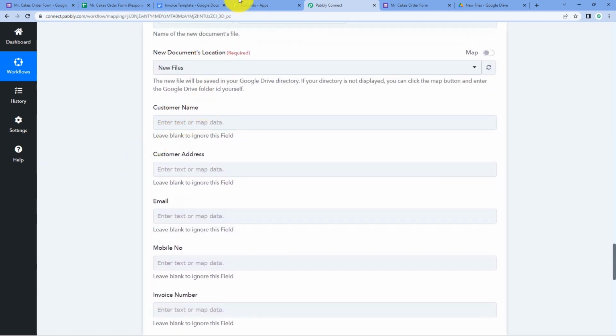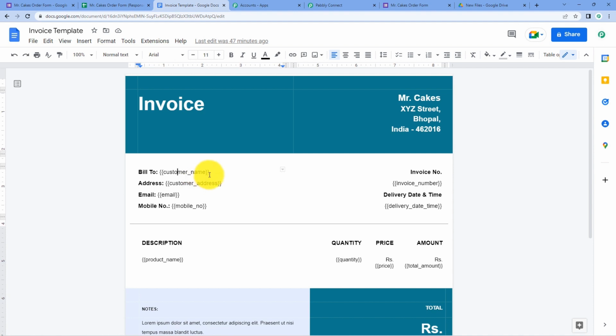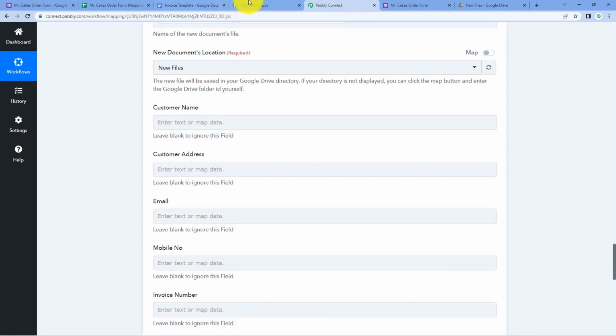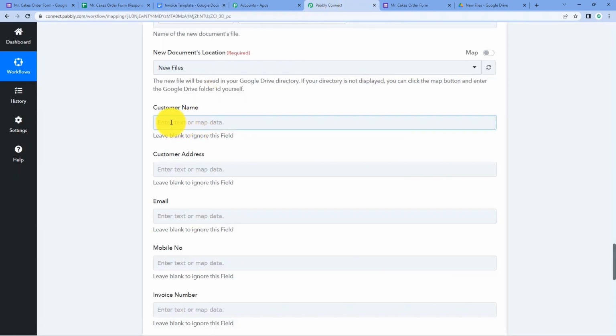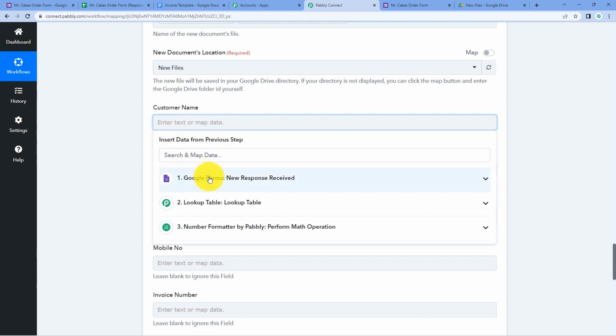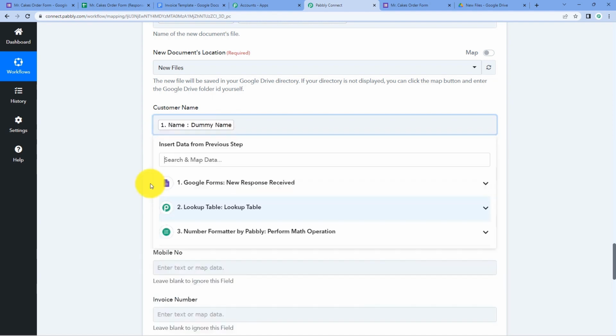So one by one, whatever text we want to place in place of these body fields, we have to enter that text over here. Like here in this new invoice, in place of this customer name dynamic text, I want the name of the customer who placed the order to be entered. So here in customer name, from the drop down from Google Form responses, we will map the name of the